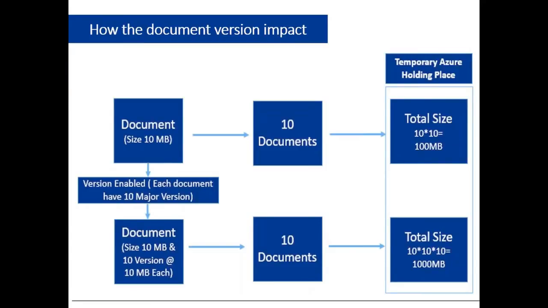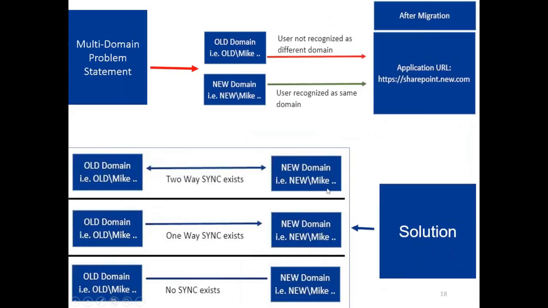Are we using content DB attach and detach? Then nothing needs to be worried about. It just depends on the size. And if you are using a tool, it also uses the same mechanism internally, because it doesn't move the final content. It takes the first version and puts it, then takes the second version and creates it. So internally, SharePoint is like shared storage, but it works the same way, whether we are using a tool or the on-premises to online PowerShell script. So this is just an estimation approach. All right, thank you.